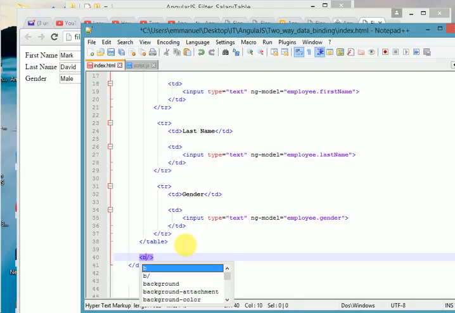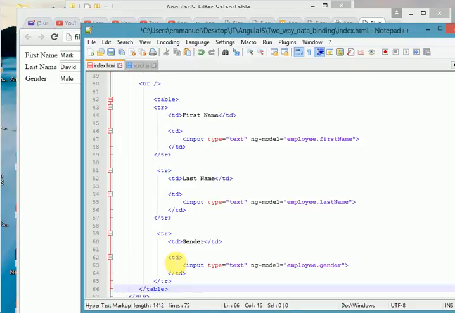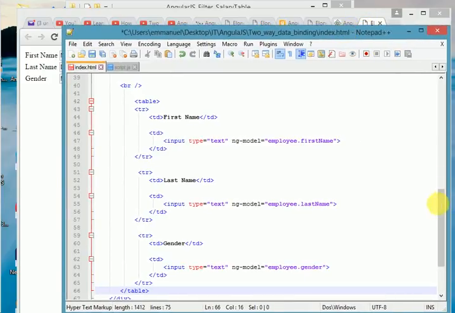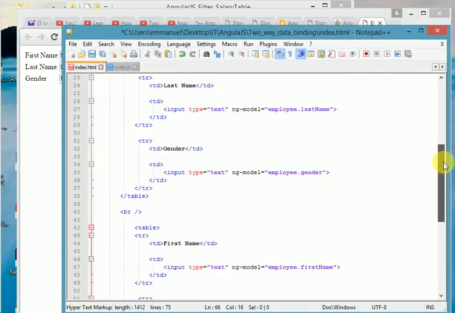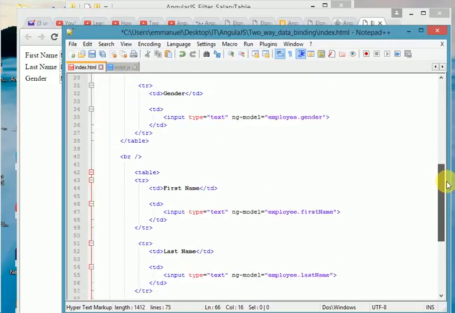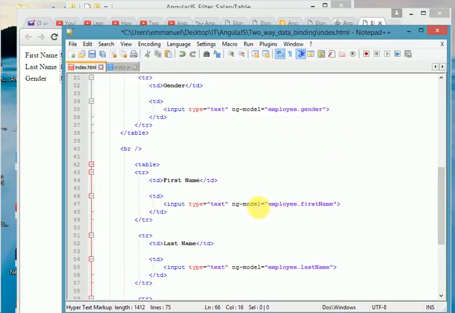Paste it here. And what we do now, we will use expression binding. So we just use expression binding. We put this in expression binding. So we come here, we just